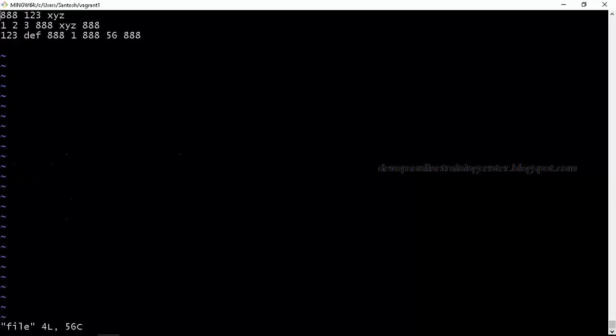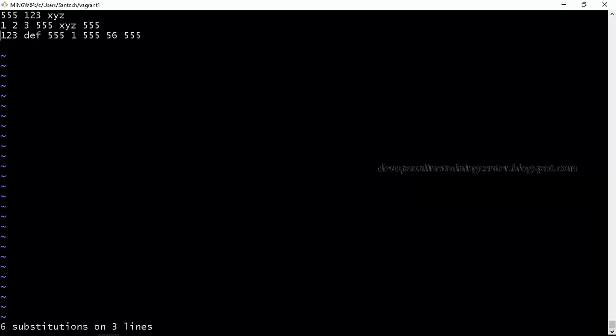Right? You can also use this inside a VI editor. Let us say I want to replace triplet with something else. So we can do percent s and then triplet. Then let us say I want to replace it with 555 and globally. So this will replace everything with 555.